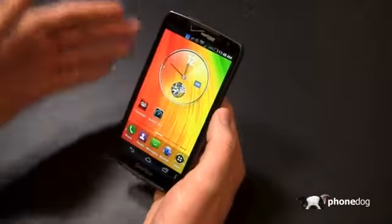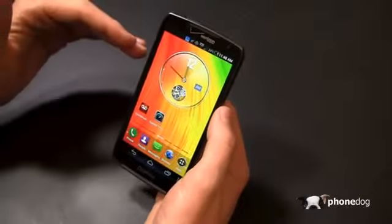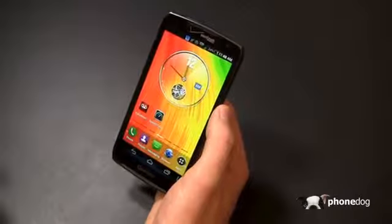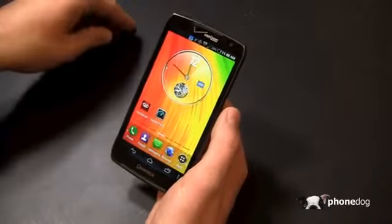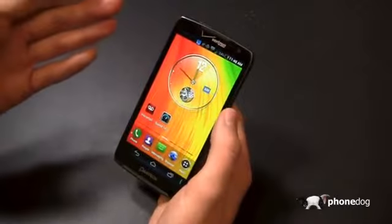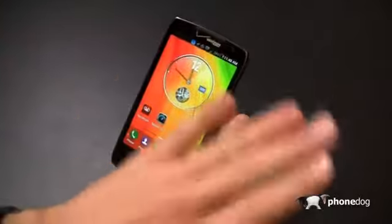The problem, though, is the Galaxy S3, the former high-end device of Samsung, and the iPhone 4S, the former high-end device of Apple, are both around the $99 price point as well. So my question is, at $100, is it better to get the older device that still, in a lot of ways, has better specifications, or do you go with the newer device that has some cool features like motion sense, which you can make calls effortlessly